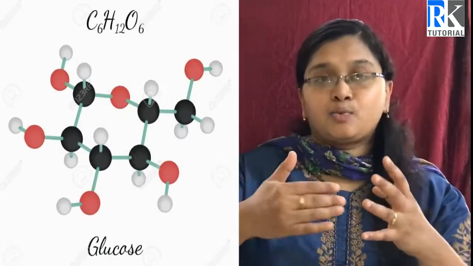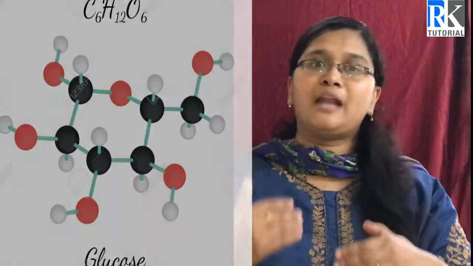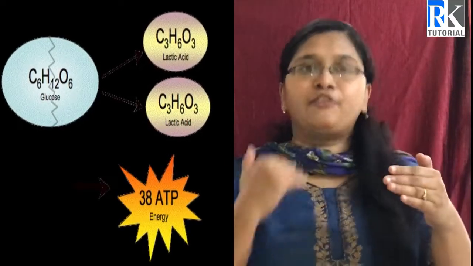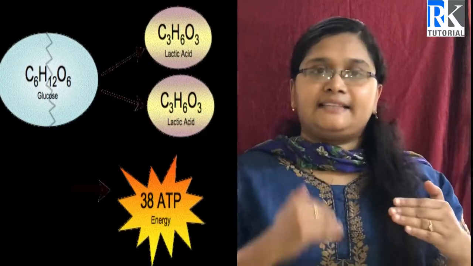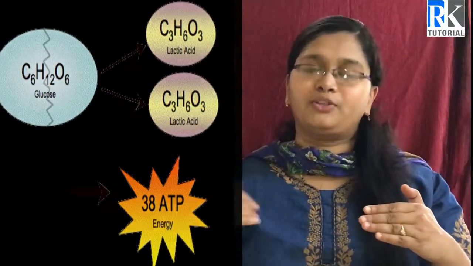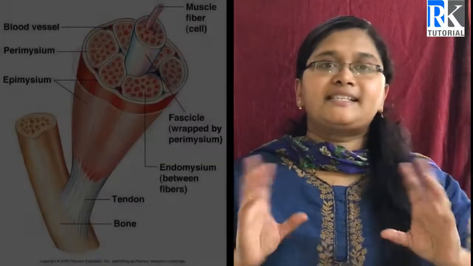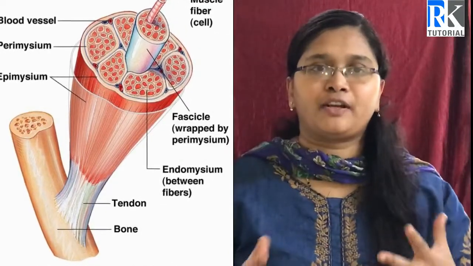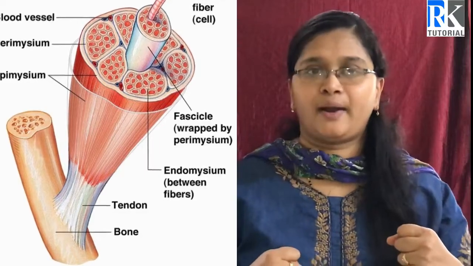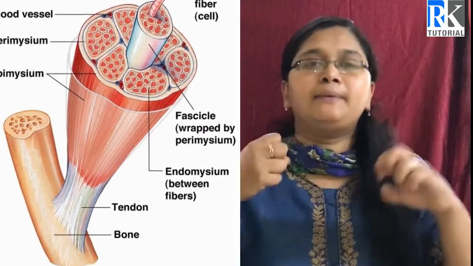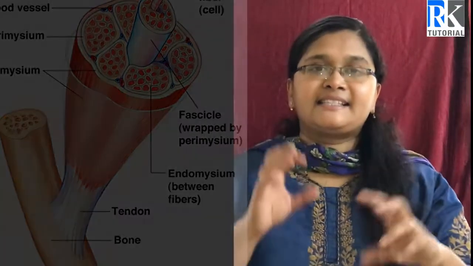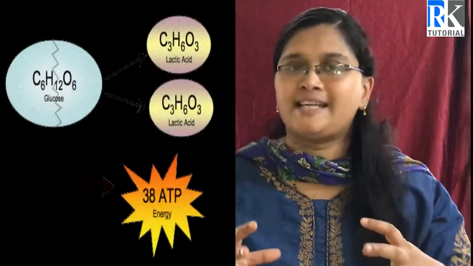Then the body releases energy as well as it converts glucose into lactic acid. That lactic acid formula is half of glucose, that is C3H6O3. Now, after it's converted into lactic acid in the muscle cells, because muscles are mainly used for us to do real heavy activities, right? So this portion is happening in the muscle cells. Mainly in the muscle cells, the lactic acid gets accumulated for a long time.